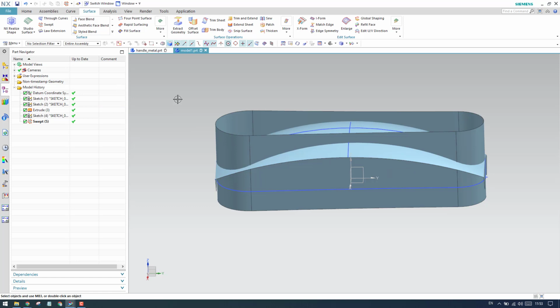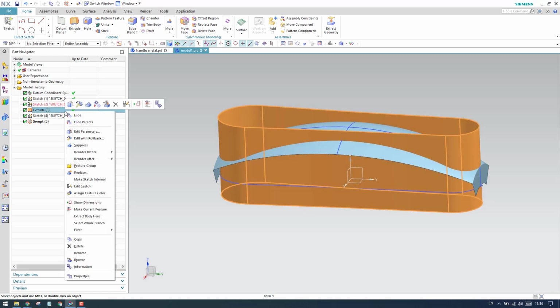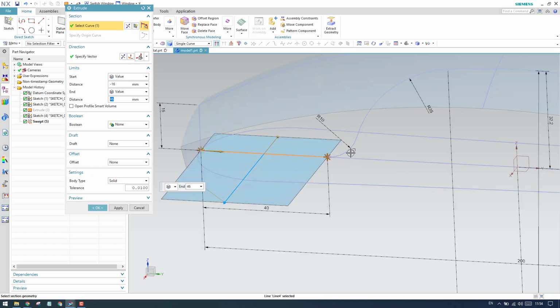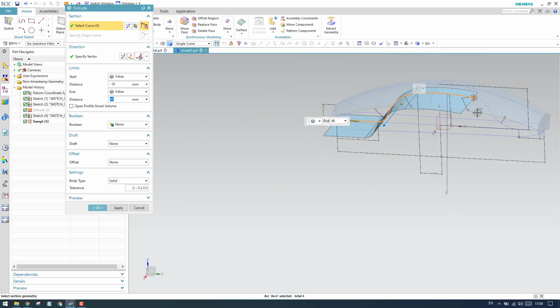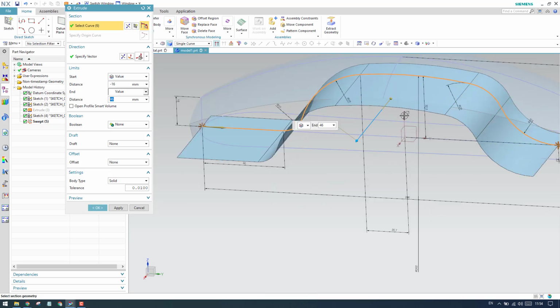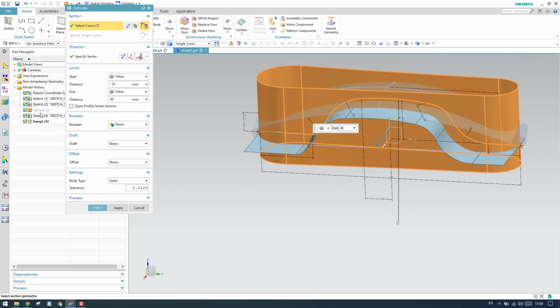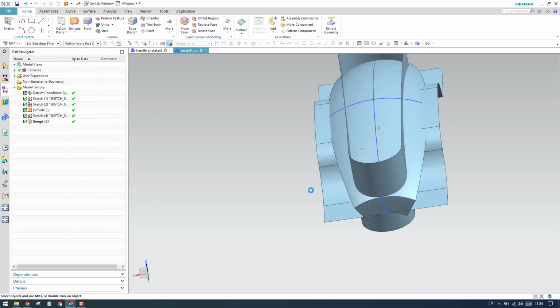Now we have a bottom portion which needs to be extruded. So I'll just hide this for a moment, and I'll go to extrude. Let me keep it as single curve and connected, single curve and stop at intersection. So let us select this entire arc. Okay, that's it. Let me show this, and it should always cross these sheets. So let us click OK.